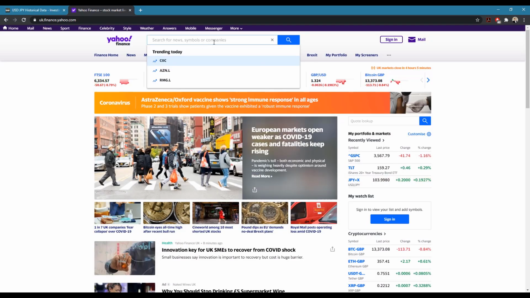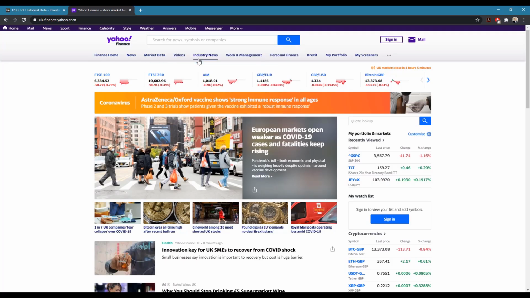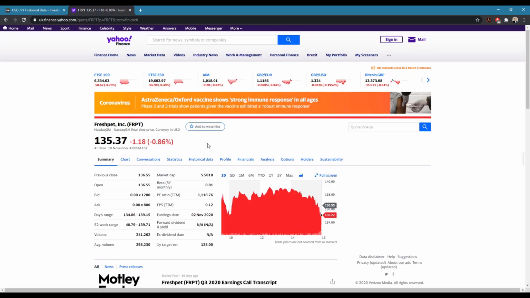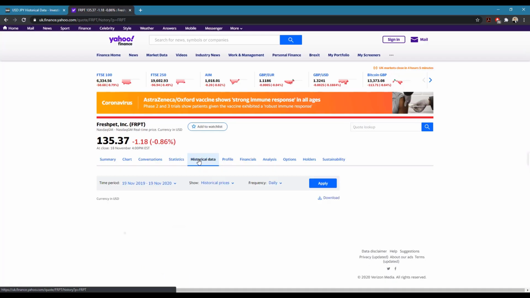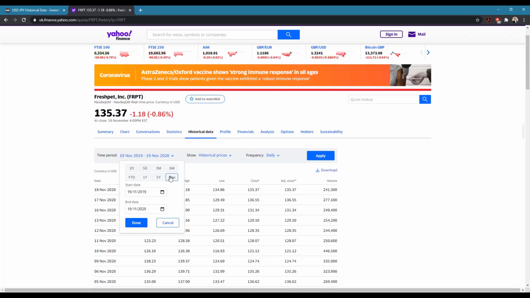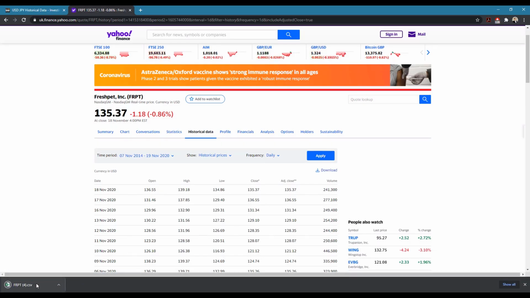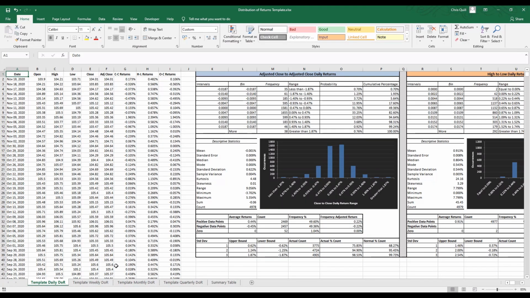And within the search bar at the top of the page, this time we'll be putting in FRPT. And we'll click Freshpet from the drop-down. And once we're in the homepage for Freshpet, we'll go to the historical data tab as we did before for the S&P 500. Click the maximum time period. We're going to stick with a daily frequency at the moment, click apply, and then I'm going to download the data. I'll open that sheet,